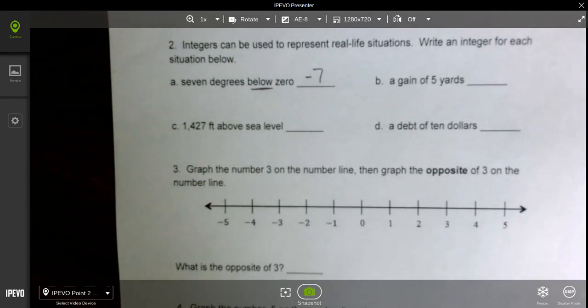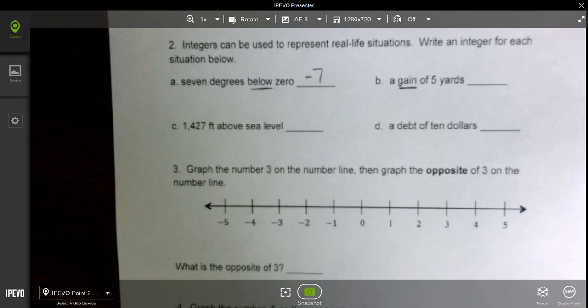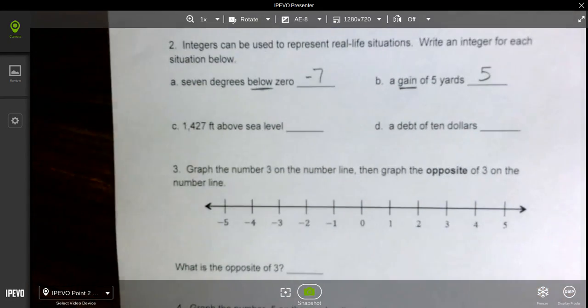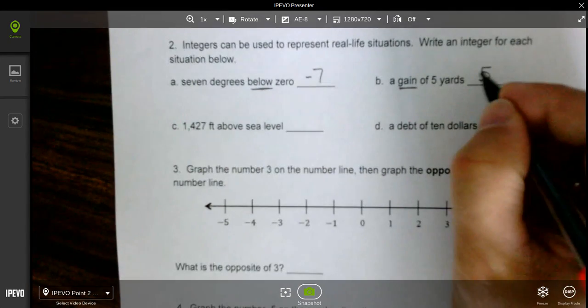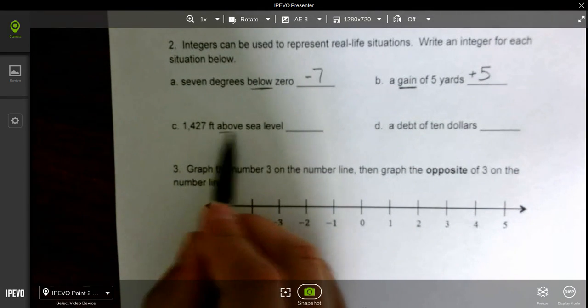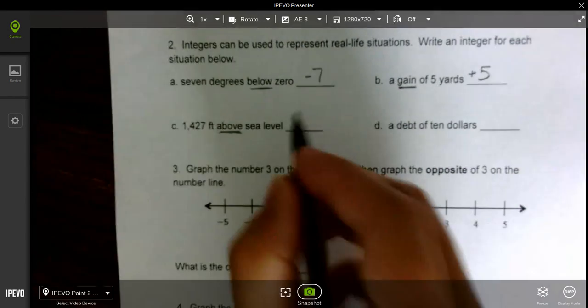In part B, a gain of 5 yards. They have gained 5 yards on the play. That's going to be an increase, and so we know that's going to be a positive integer. So we can just write the number 5 like that, or we said before that you could write it with the positive symbol if you wanted to. In letter C, 1,427 feet above sea level, above being our keyword this time, indicating that it's going to be a positive number. And so again, we can just write